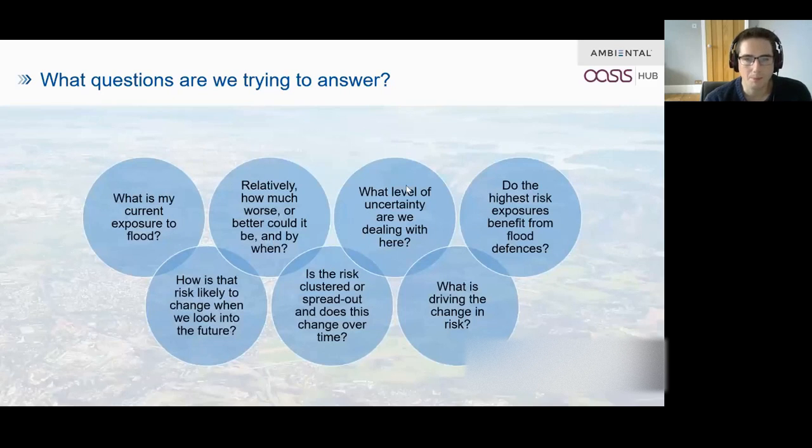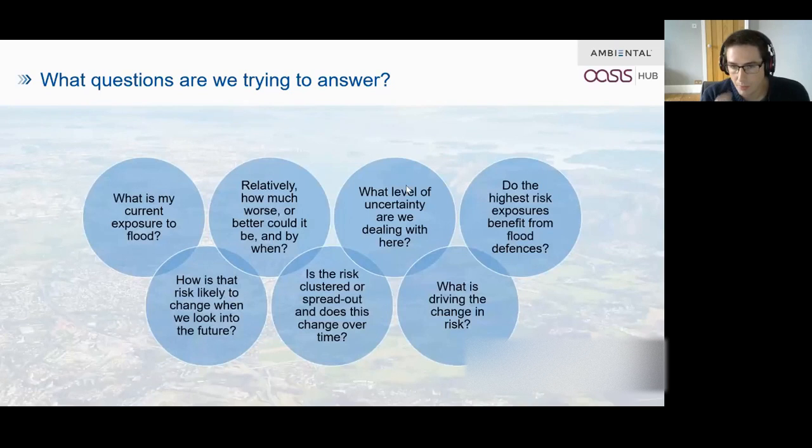So, the thing with flood is it's inherently a very granular problem. The risk to your neighbour's house can be completely different to the risk to yours. It's probably not, but it can be. So climate change, and how it can change the frequency of these sorts of things, can have impacts on a very fine scale. So we think it's beneficial to model it at that fine scale.